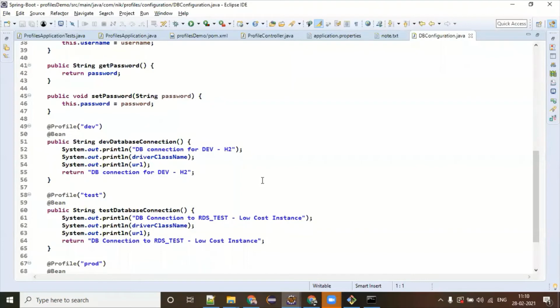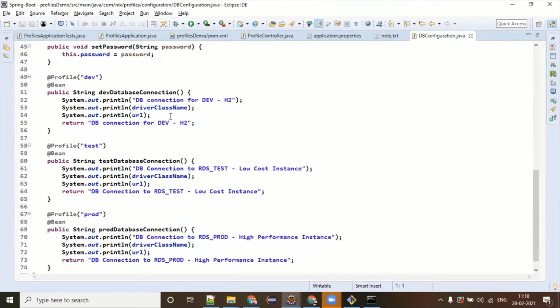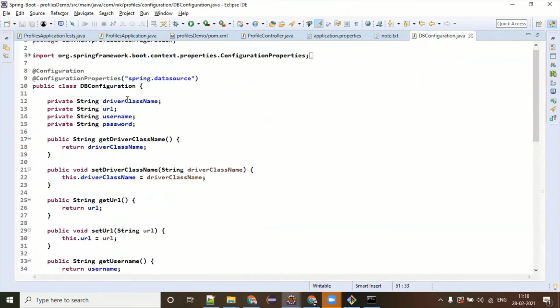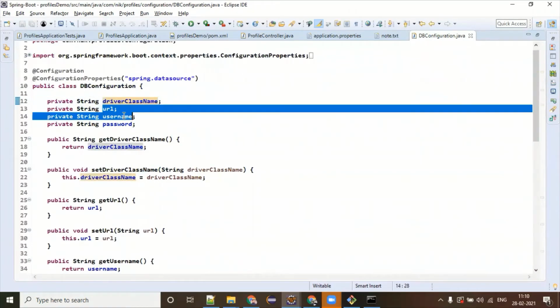Okay. So I'm telling you, you have some set of beans which you want to create specific to an environment. I have three beans created here. You can see that, all are data sources, all are database related only. This bean is going to create a database connection. It's dummy code to show what kind of DB code should go here. Let's say you have a data source with its IP address, URL, username, and password, varying from one database to another.